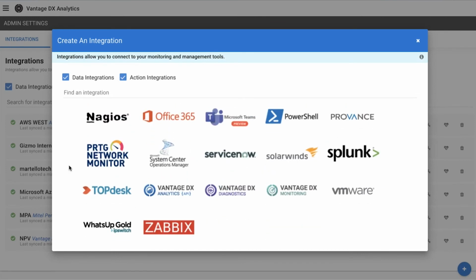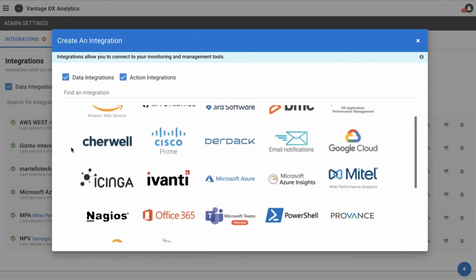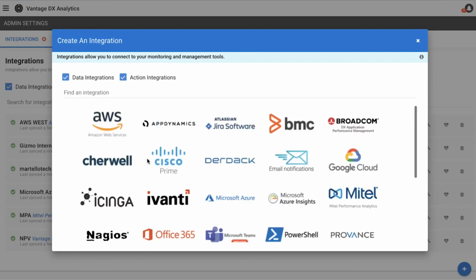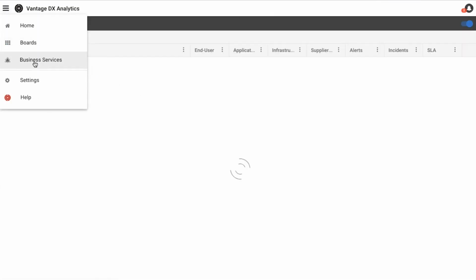They're all plug and play, much like I described the Teams experience at the very beginning. If we wanted to connect to System Center, for example, all I need to know is where System Center is installed and some credentials to talk to it. And that applies for all these integrations that we see here. This allows us to pull in useful data from tools like System Center or SolarWinds or PRTG, where those tools may have information about network devices, for example, that must function well for my users to have a good Teams experience. There's also a RESTful API behind all of this. So if you see anything in here that doesn't match with your environment, we also have options to do that through an API. Let's jump back into our business services view